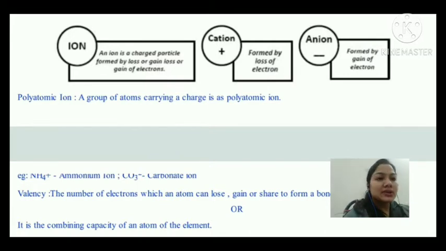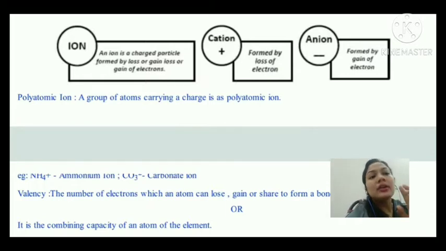So cations are positively charged, that means they have lost electrons, and that's why they are positively charged. To become stable, they have lost those electrons, and how many they have lost we write in the form of charge. If we write only plus, that means 1 electron lost. Plus 2, plus 3, plus 4, plus 5: if I am writing plus 3, that means 3 electrons have been lost. They have given them to somebody else, they are not sharing.